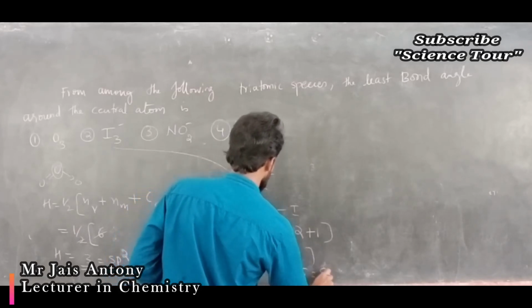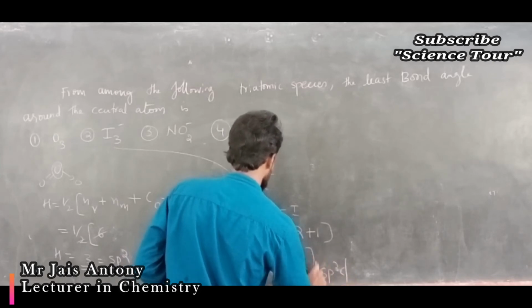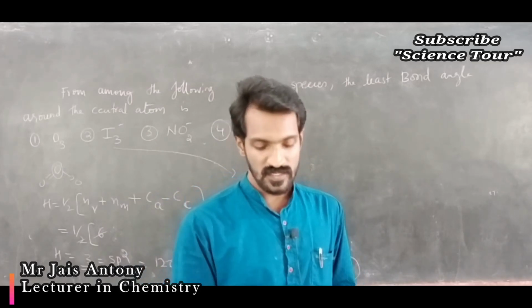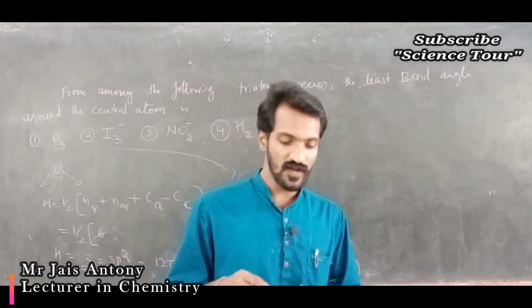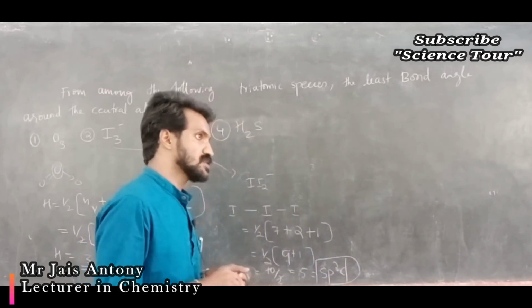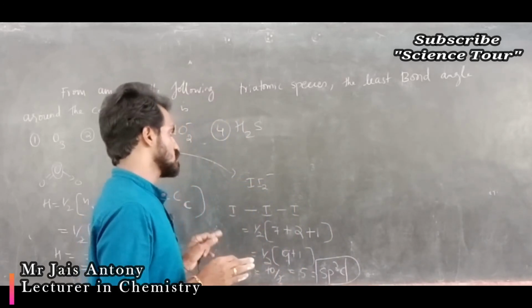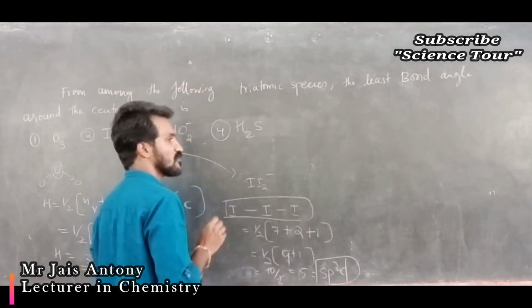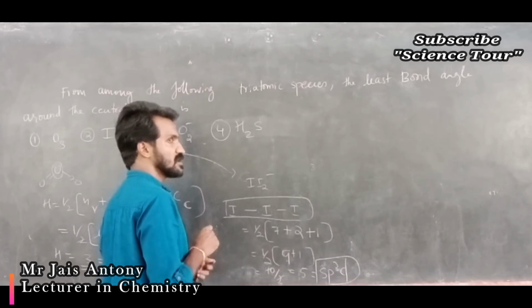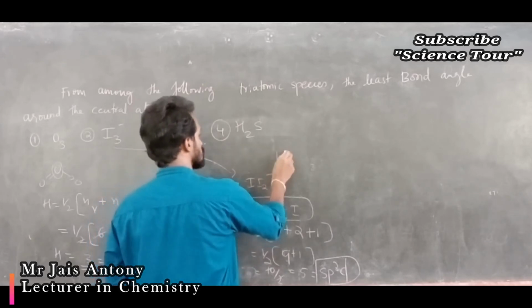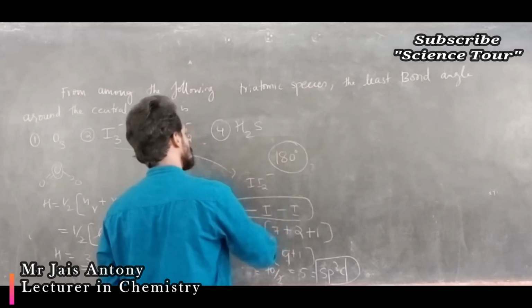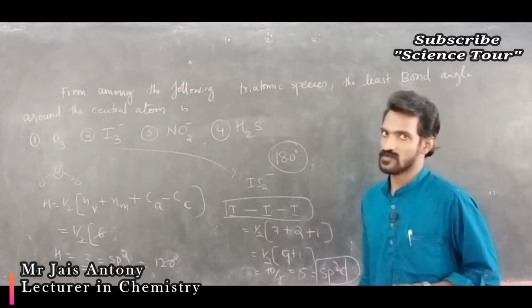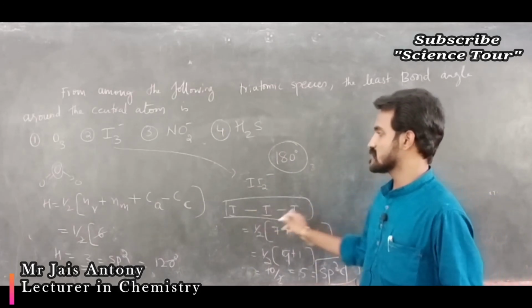5 means sp3d orbital, sp3d. So the very important thing is you should know what the bond angle of sp3d is. But at the same time, here it is very important that these are in a linear form. The structure of this one particular is linear. You know that yesterday's last class is over, just go through that video. If it is linear, the bond angle is 180 degrees, my dear students. Okay, because it is linear.